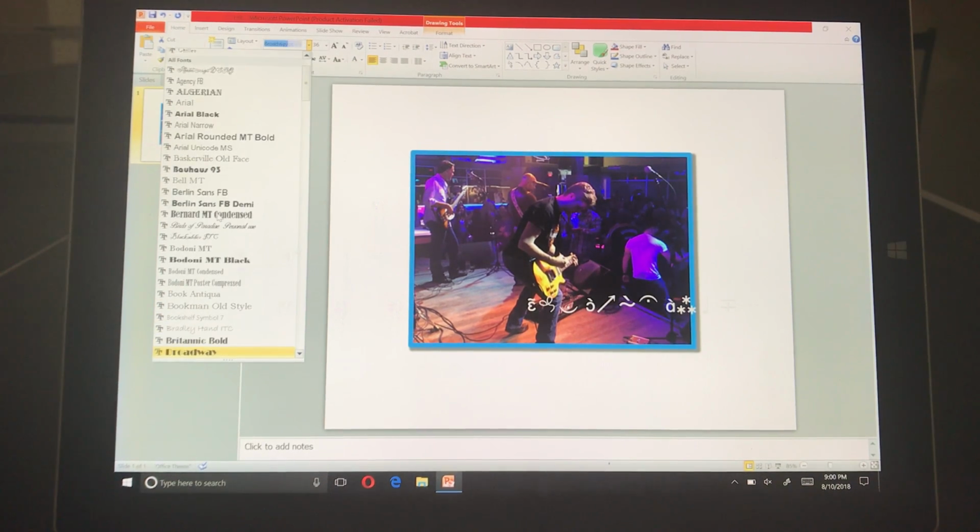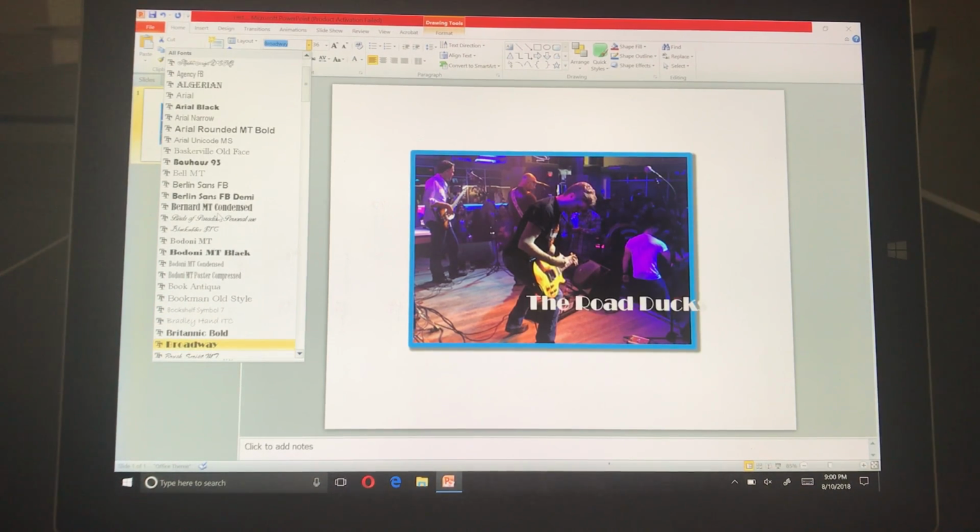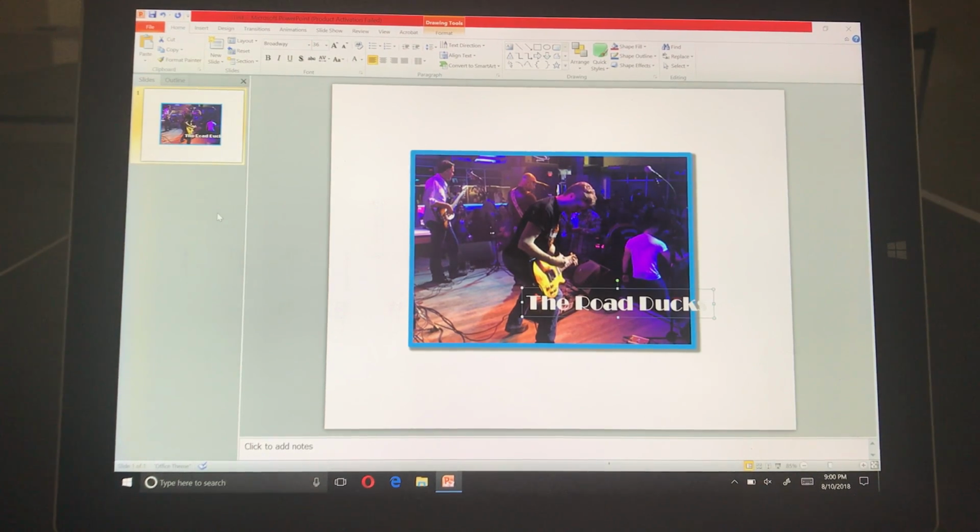Let's see here. Here we'll go with Broadway. Once you find the one, just hit enter, and then that's the font that's selected. Now with this, you can also